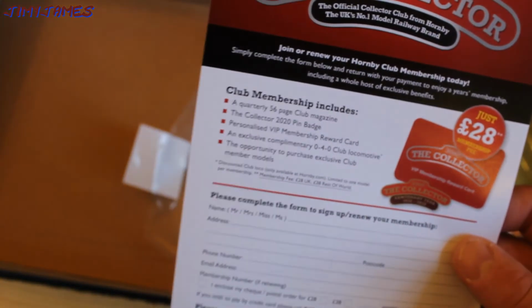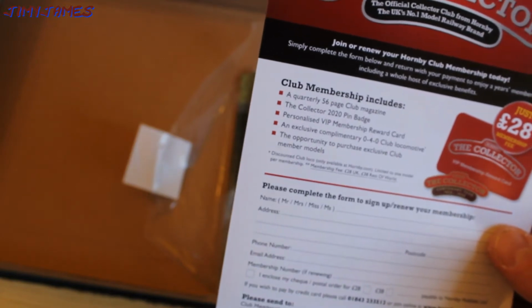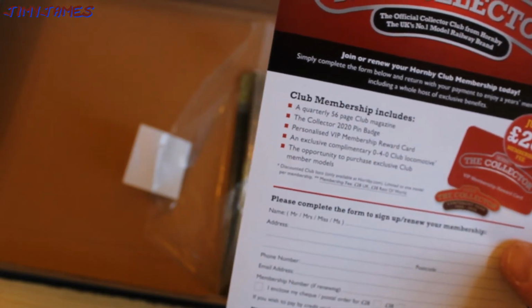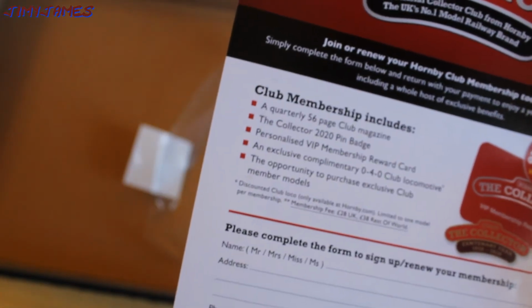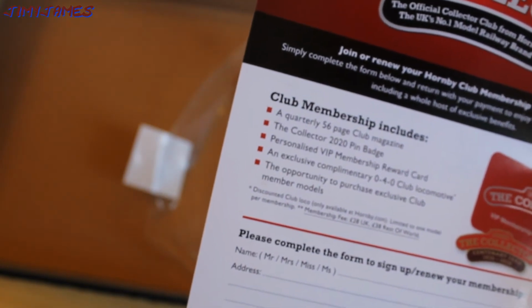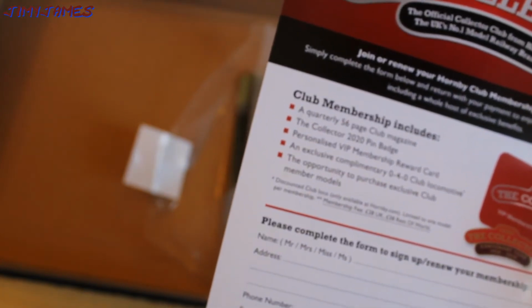I've joined. It's only £28 a year. A quarterly 56-page club magazine, you get 4 of those a year, a Collectors 2020 pin badge, a personalised VIP membership reward card, an exclusive complimentary 0-4-0 club loco, an opportunity to purchase the